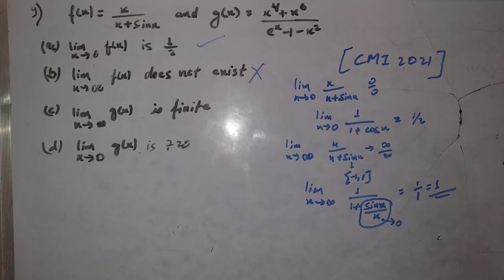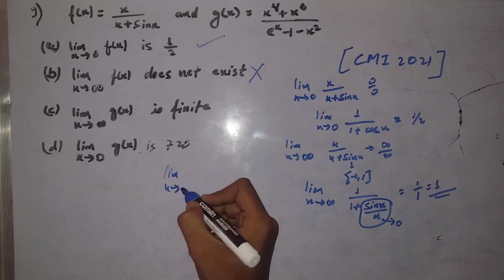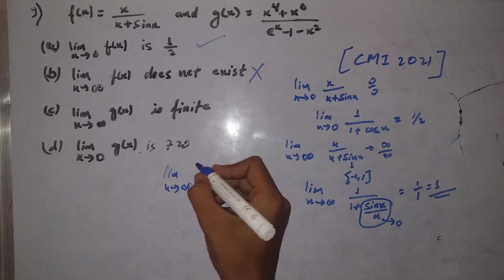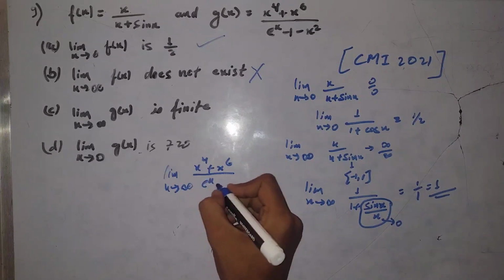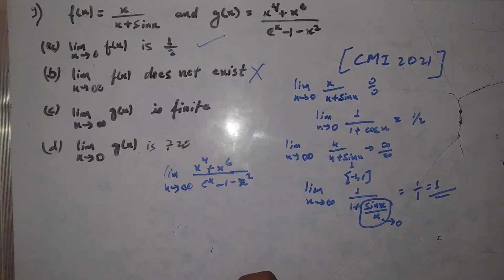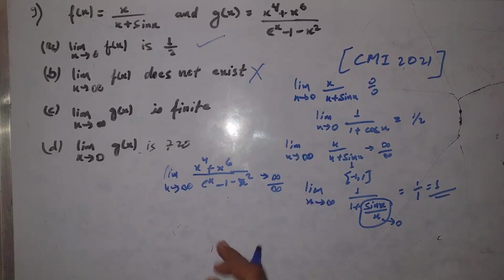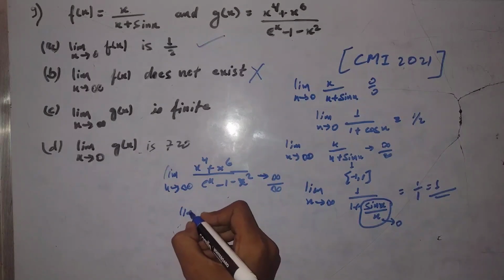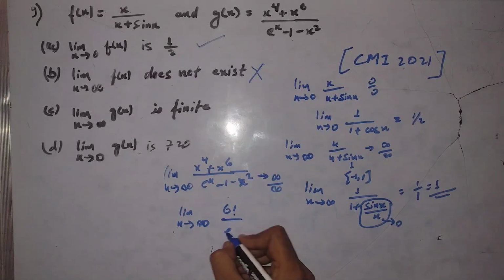Let's talk about statement C, which is limit x tends to infinity of g(x), that is x to the power 4 plus x to the power 6 upon e to the power x minus 1 minus x square. Okay, so we can see that this is actually infinity upon infinity form. We have to differentiate using L'Hopital 6 times. So ultimately what we'll have is 6 factorial upon e to the power x,